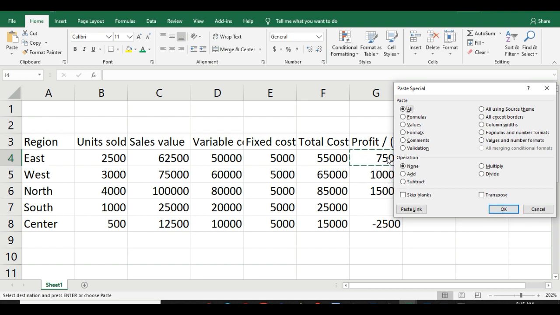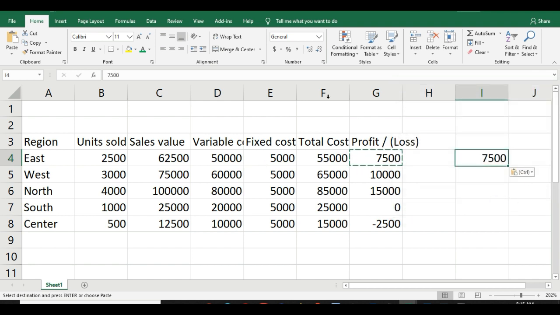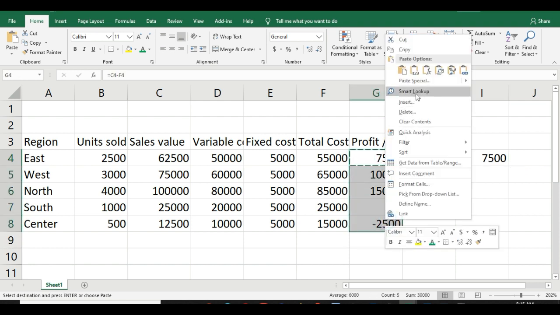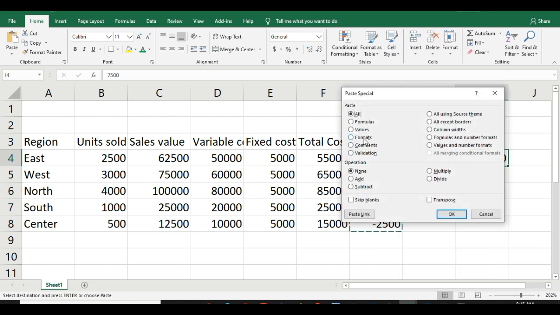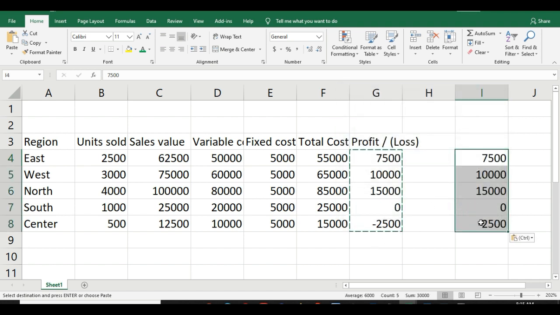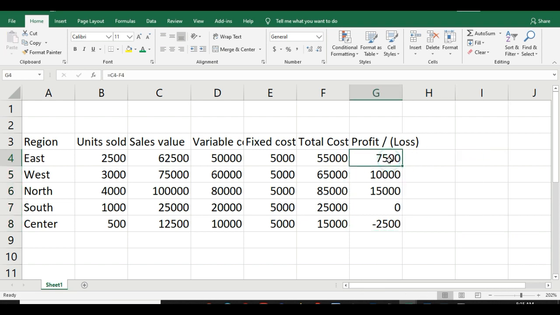So suppose, as I was telling, you have to copy only the value. Just press Values and you press OK. It eliminates all the other things and you just copy the value. Now I want to copy this whole set of values. I press copy, I go there and Paste Special, and I go to Values. See, all the values are the same. Earlier it was something else. So this is about values. Let's see what other options we can have.